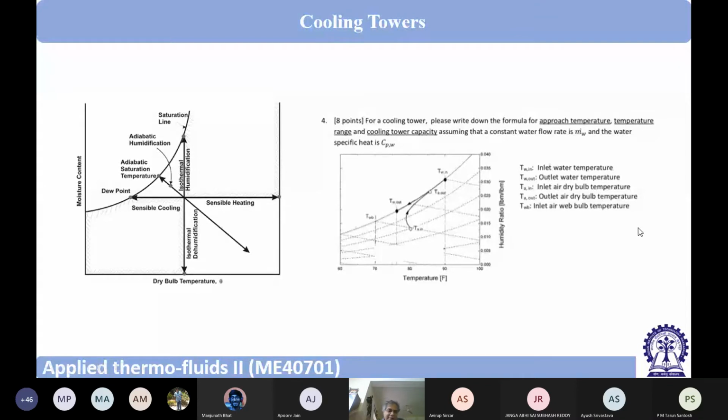So, have you been told the principle of cooling tower earlier, or today only it is being introduced to you? Did you know it? Yes? No? No, sir. Okay. So this is one interesting and important aspect for power plant and also for refrigeration, air conditioning plant, etc. Please try to keep it in mind.